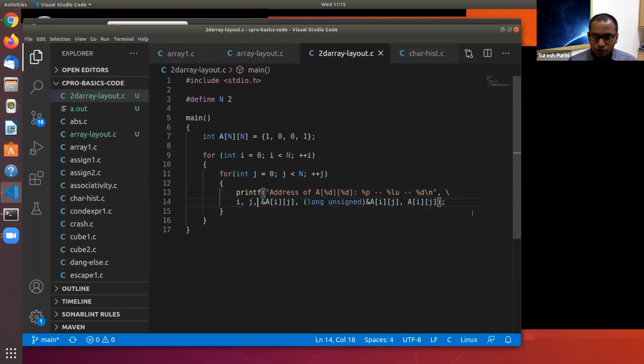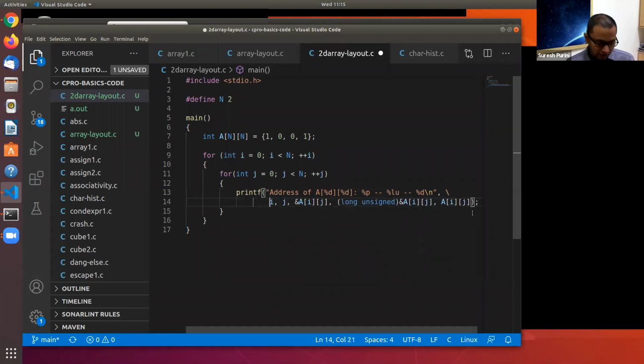Yeah. So I don't want things to go out of the screen, so I'm just using this multi-line. I'm splitting the printf statement so that it goes in multiple lines.